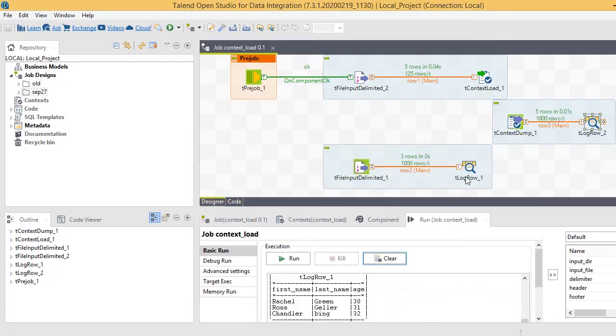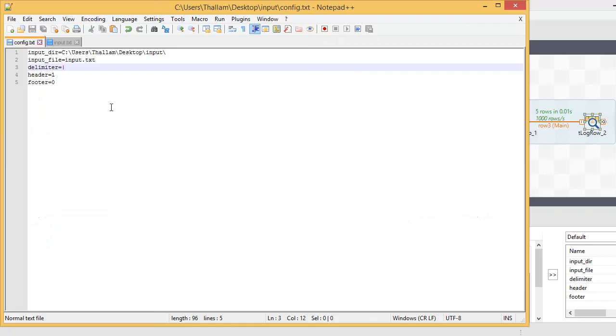Let's run it. Do you see? Even though we didn't make any changes to the job, it ran successfully because it is reading the delimiter value from the configuration file here. This is how we load context variables from a file to the job. Thank you for watching.